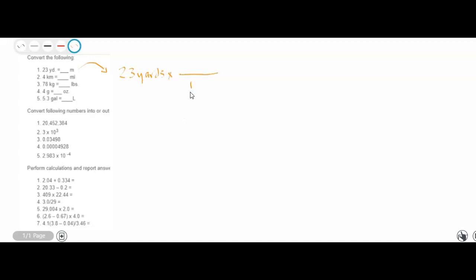I know that a yard, I always put it on the bottom, a yard divided by a yard equals 1, just like A over A equals 1. And I know that's equal to 0.914 meters. And when I punch that in, I get 21.022 meters. We are multiplying, and the rule for significant figures when you're multiplying or dividing is to keep the